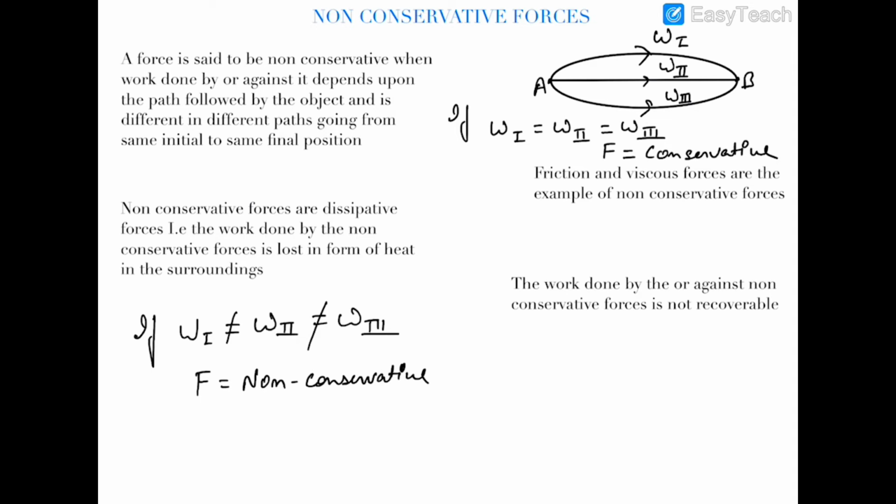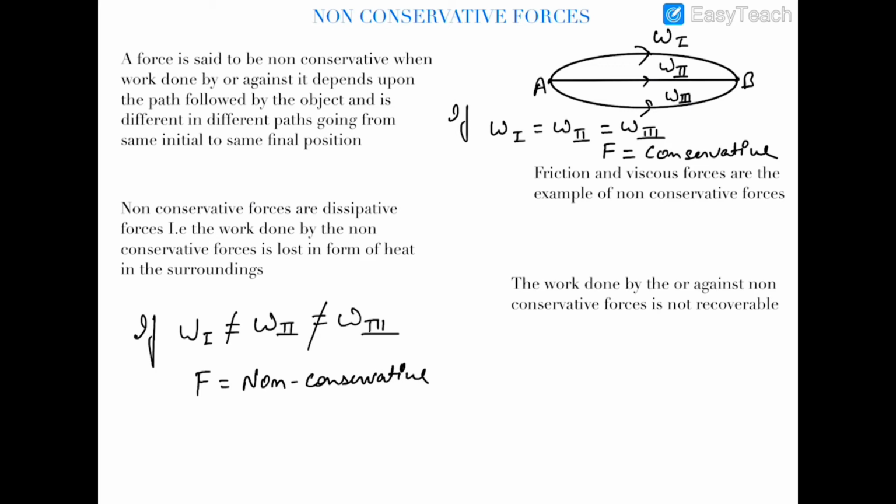So it means that the work done by this force is not path dependent and it depends only on the initial and final points. So I can say definitely that this force is conservative in nature. But if these work dones are not equal to each other and are dependent on the path that the body is following, then I can say that the force, in effect of which this work has been done, is non-conservative in nature.